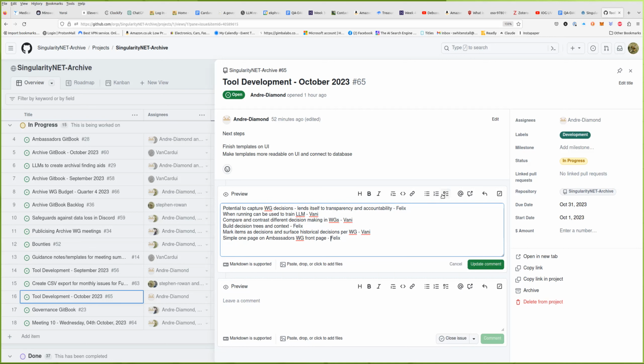I don't think it needs to be a separate paragraph, but it does need to be marked as a decision. That's what I've been doing. Sometimes it involves a little bit of editing people's summaries, but also that's what the meeting templates that we're trying to push will do. Yeah. It's also a question of priorities, I suppose, Felix. If the questions are about transparency, I would suggest that we prioritize contemporary decisions that are happening now, and that potentially could be most served by Andre's work, because Andre, you're building a database effectively of decisions.